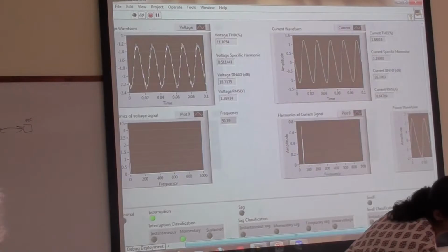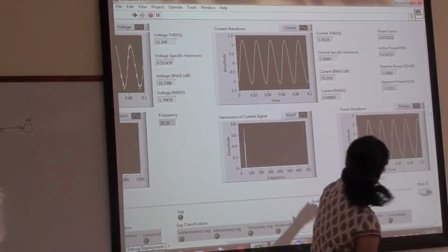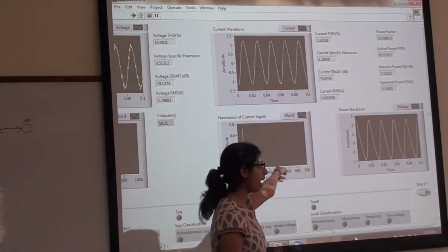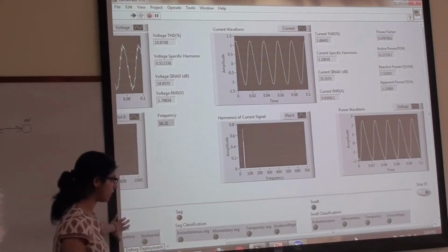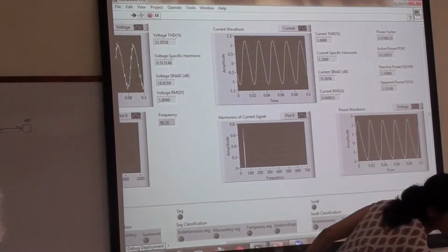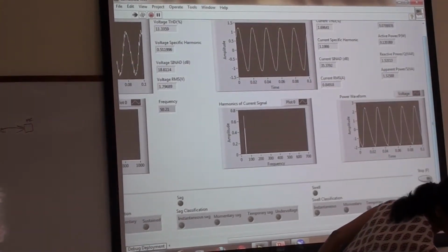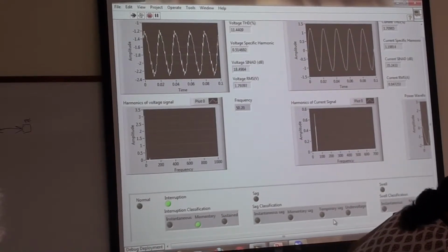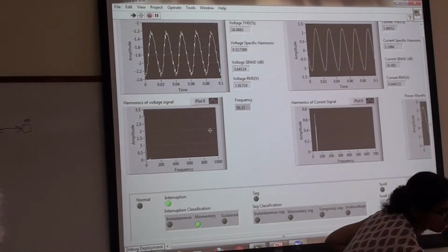And these are the power readings here: the power factor, active, reactive and apparent power. And we also have the event detection, like I said, the sag and swell part, wherein we classify the different events occurring. So, right now, we have it in the interruption state because